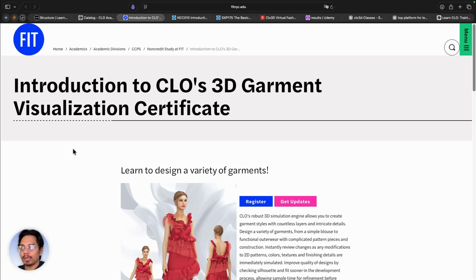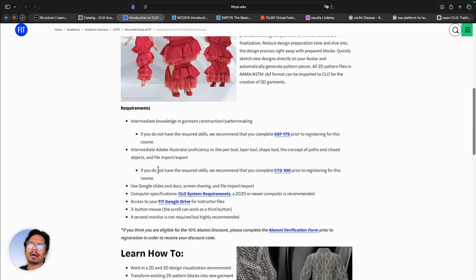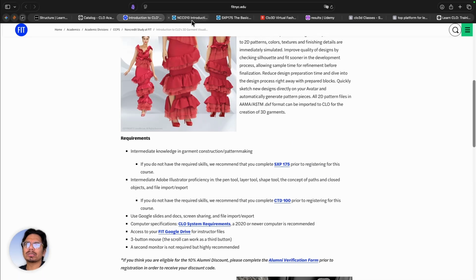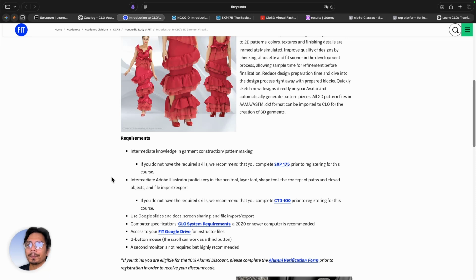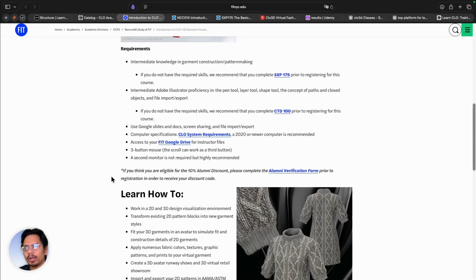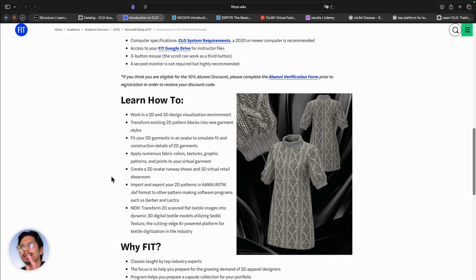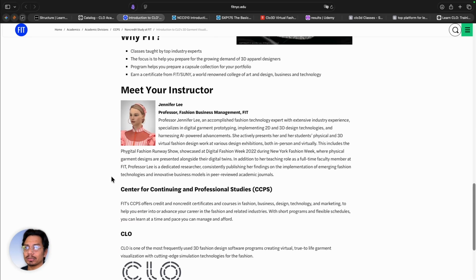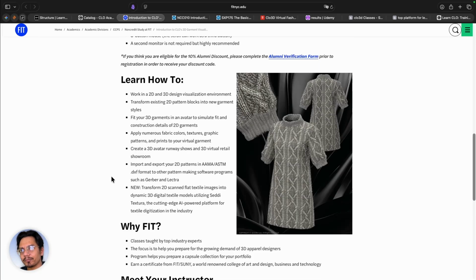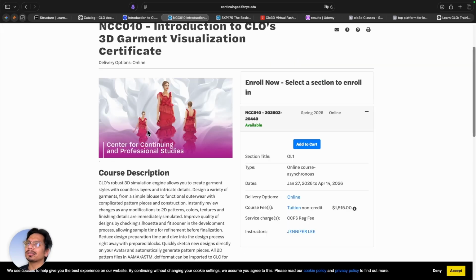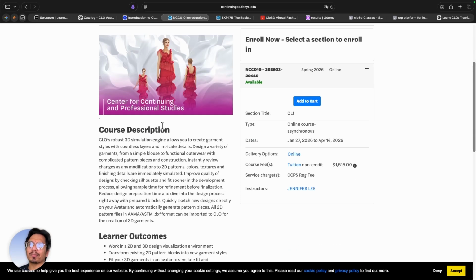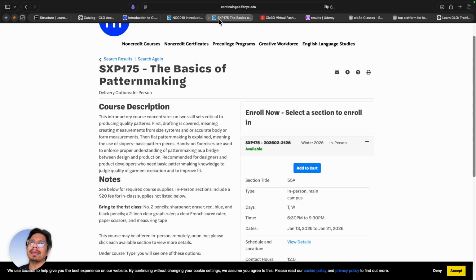The CLO 3D Garment Visualization Certificate. I think the cost for this course is around 1,500, which is quite costly. What they have covered here is completely the basics of CLO. The course is good, I hope so. I cannot see anybody's feedback here. But the problem is they haven't covered pattern making. If you want to learn pattern making, you have to take their other course, which again, the problem is SPX,